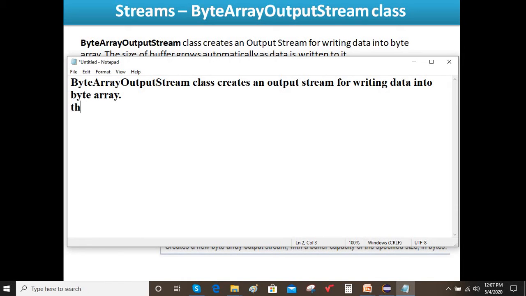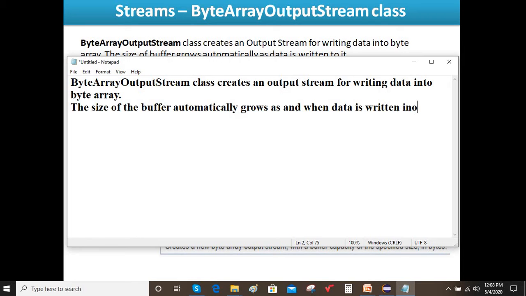The size of the buffer automatically grows as and when data is written into it.